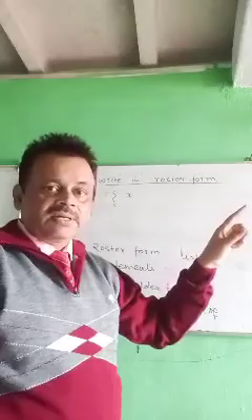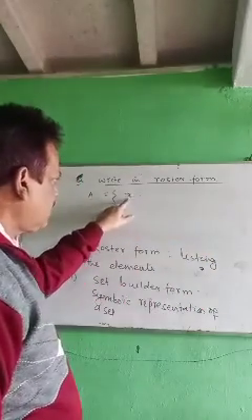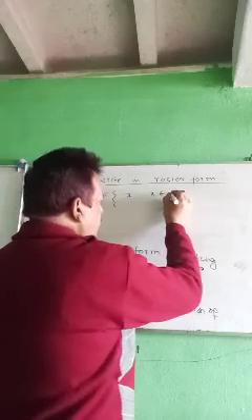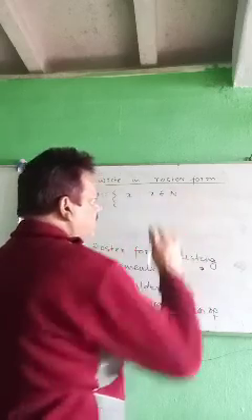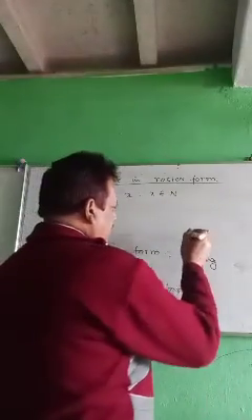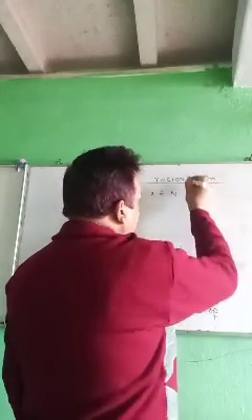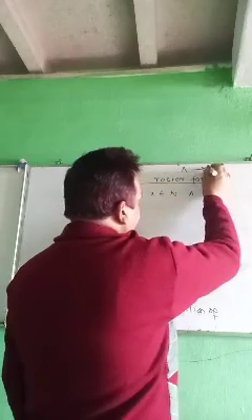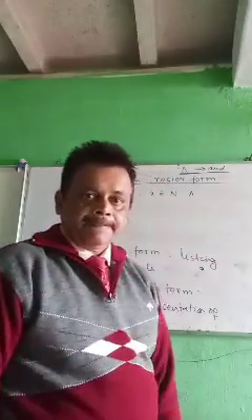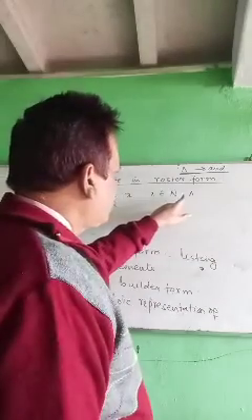Means symbolic form, look at here. Set of all x such that x belongs to natural number. And this is the symbol of and. Slowly we will learn the symbols. Okay? And